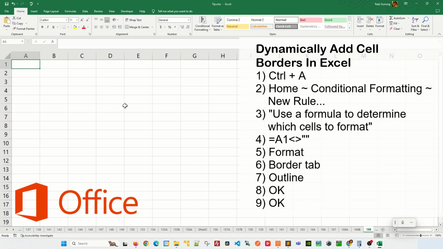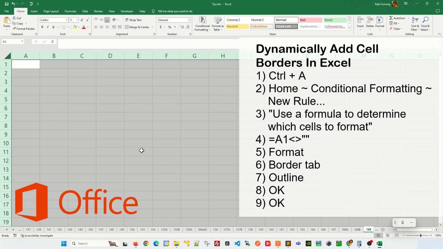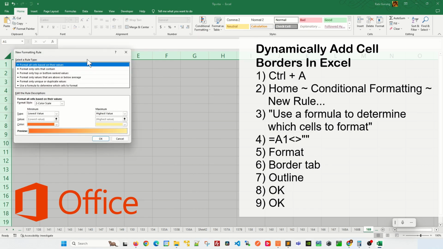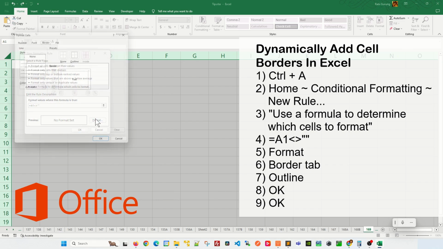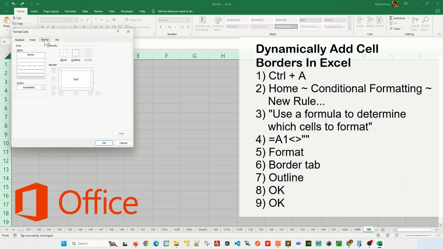First, you're going to press Ctrl A to select all the cells on your worksheet here. Now you're going to go Home tab, Style, Conditional Formatting, and click on New Rule. In the New Rule here, you're going to select Use a formula, and the formula you'll be using is =A1<>"". And you're going to go Format, and I'm going to select this Border tab here, and then click on Outline,